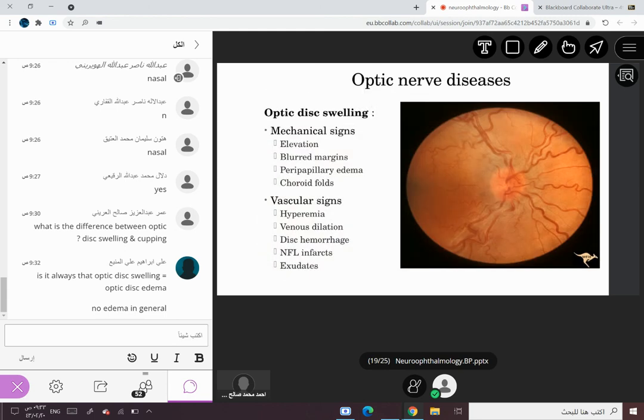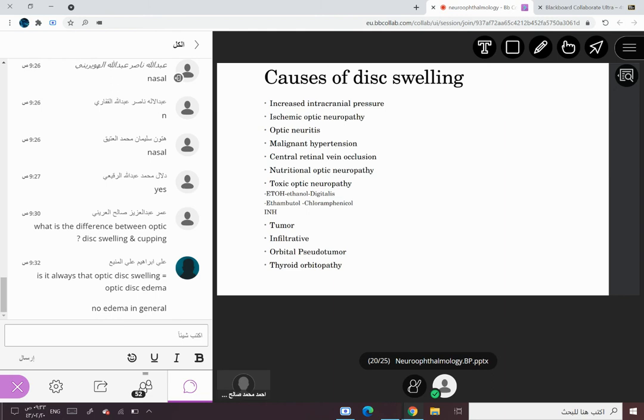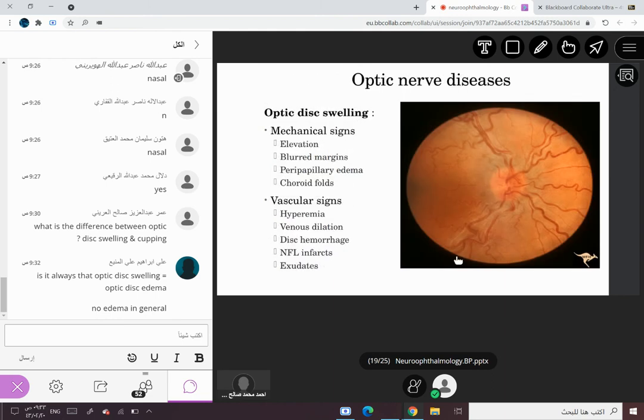Edema in general. This is the optic disc swelling. I didn't get your question, Ali. Optic disc swelling equal to optic disc edema. Yeah, figuratively yes. But papilledema